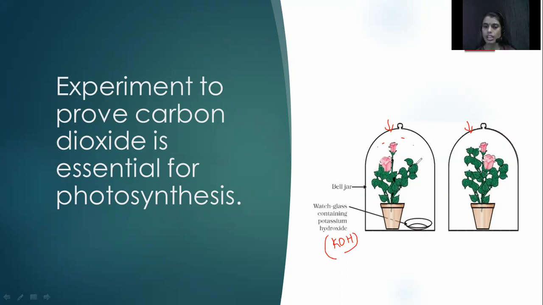And then, as we did in the previous experiment, we will pluck the leaves and perform the starch test. Now what happens? The leaves under the bell jar which has KOH solution do not show any starch content, whereas the leaves under the glass jar without any KOH solution show a positive result for the starch test. Got it? So first we proved that chlorophyll is necessary for photosynthesis, and now we have proved that carbon dioxide is also necessary for photosynthesis. Clear? Now,